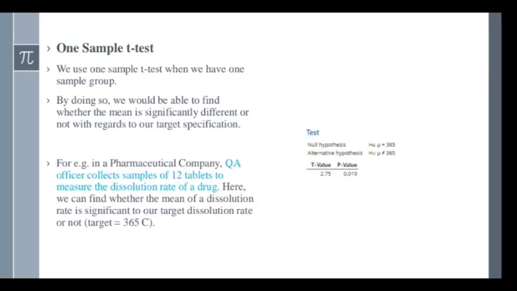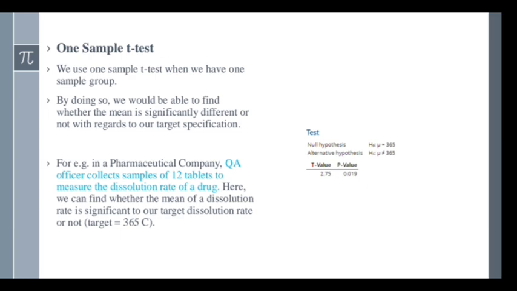One sample t-test. Here we use the one sample t-test when we have one sample group. By doing so, we would be able to find whether the mean is significantly different or not with regard to